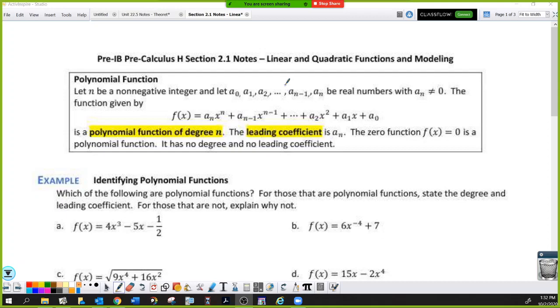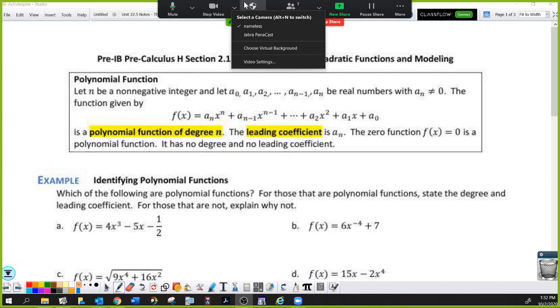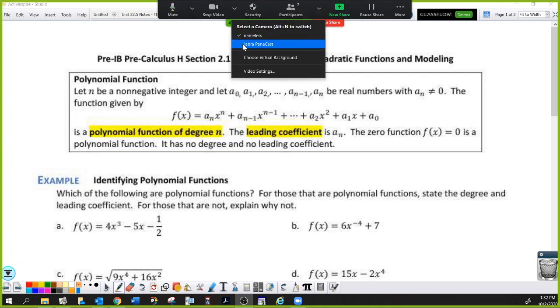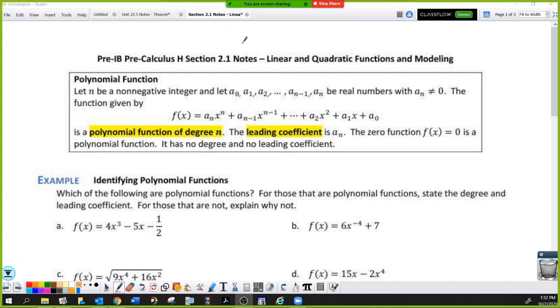And when I say non-negative, I mean that can include the power of 0. Like if you just said the number 2, technically you could say that is 2x to the 0 power. So what we're saying is every term has to have pluses and minuses between them, and most of the terms will have x's or y's or whatever. They'll have a variable, and the variable is an integer, not decimal, not fraction, an integer, and it must be